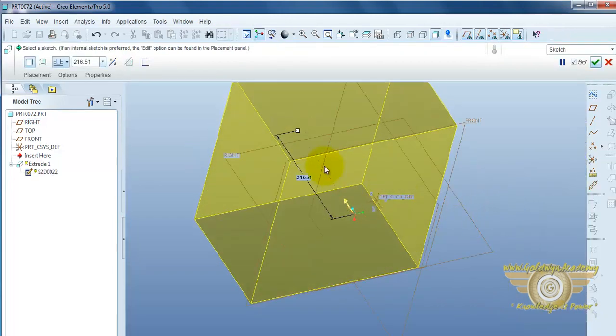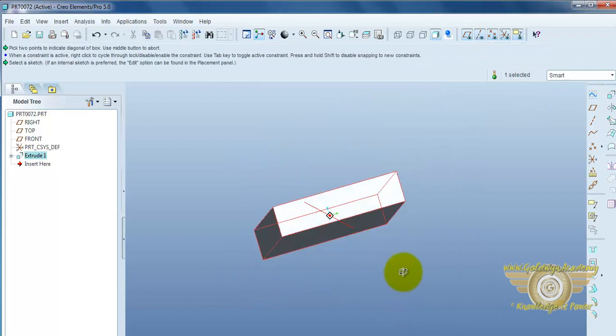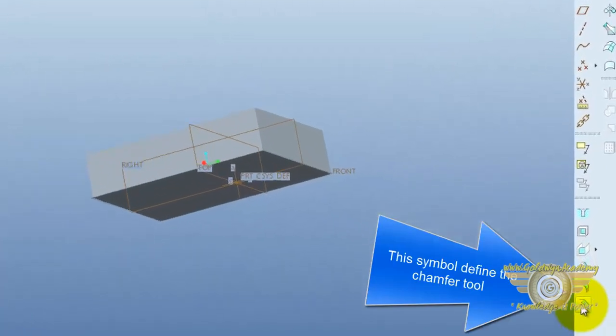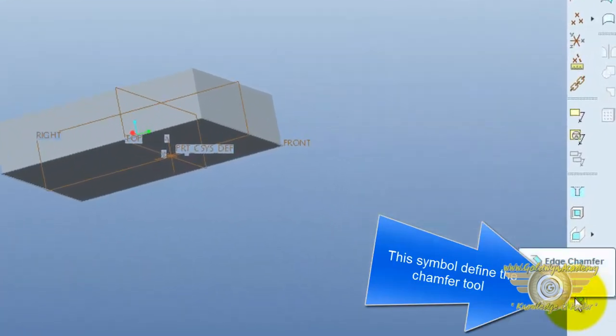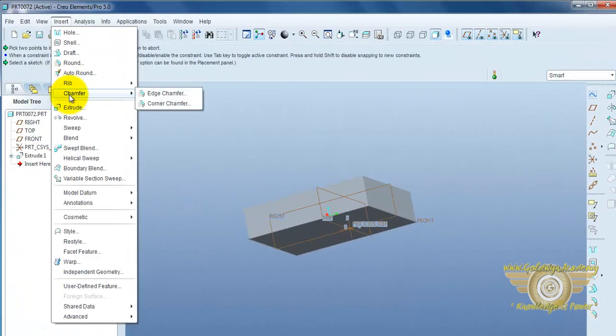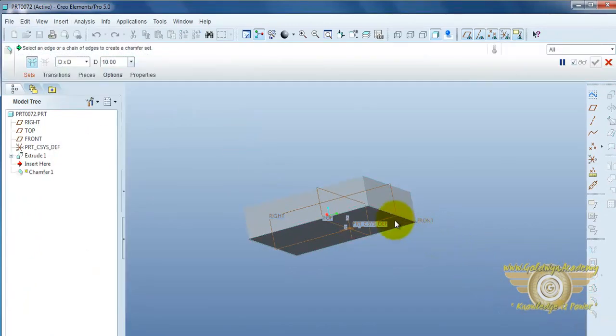Now apply the thickness. OK. Now if you want to chamfer the edges of this part, first select the chamfer with this tool, and you can also select the chamfer with this type. OK. Now select the chamfer and